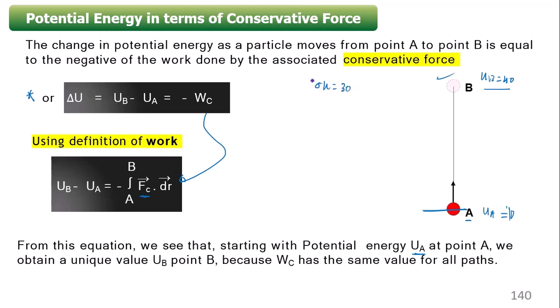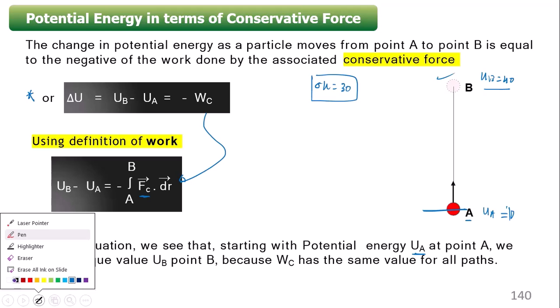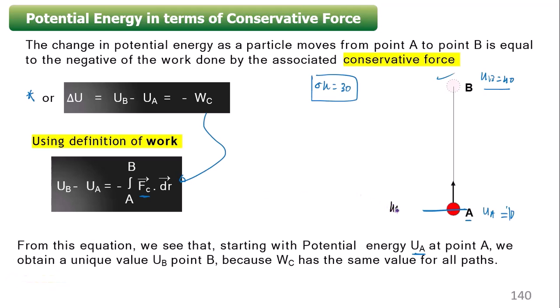So keeping the same value of 30, if I define UA equal to 0, in the other situation, then UB becomes 30, such that the difference of potential is always 30. So I have to take this UA number. Okay. So UA is called the reference potential, the reference value. Now this reference value is always taken for the gravitational law.